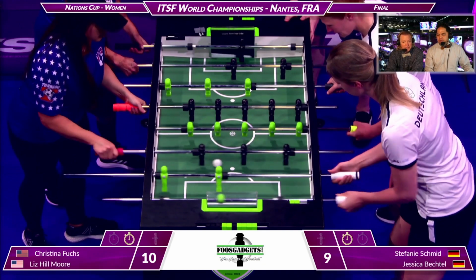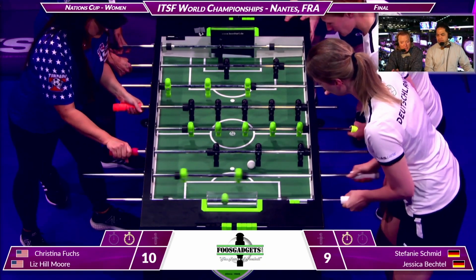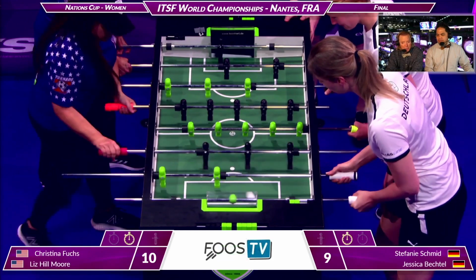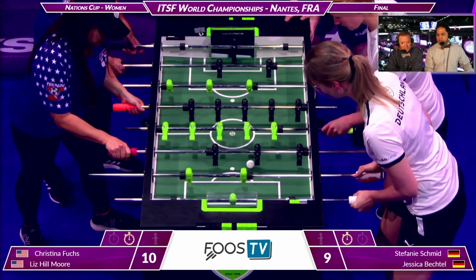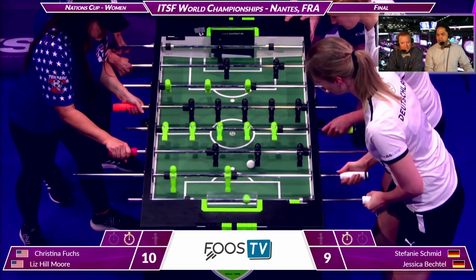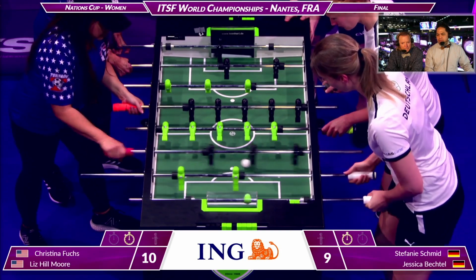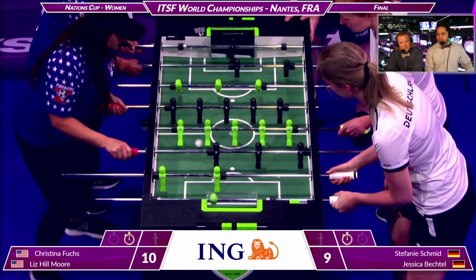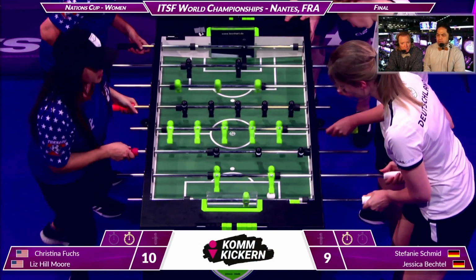Liz Hill, it's an interesting defense. So Christina showed an I formation. The guys were right behind each other and it baited her into shooting one of the corners. Good blocking there already. Liz shows a lot of patience with trying to wait the hole out, but